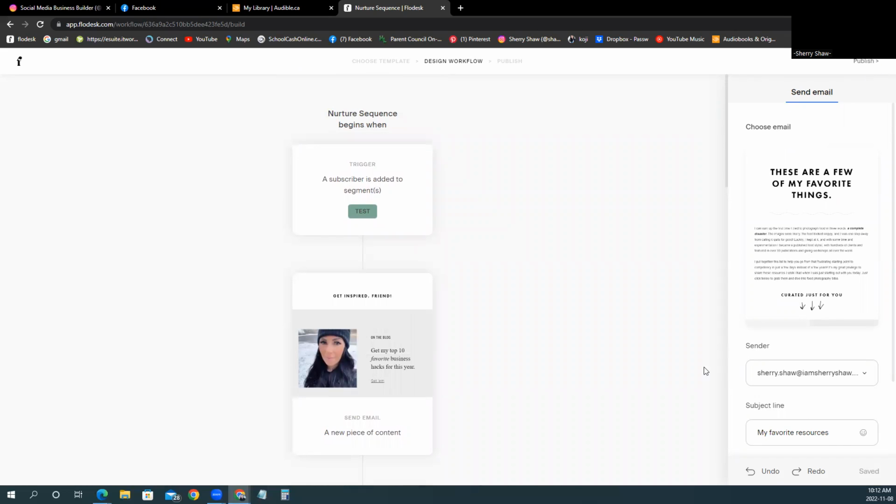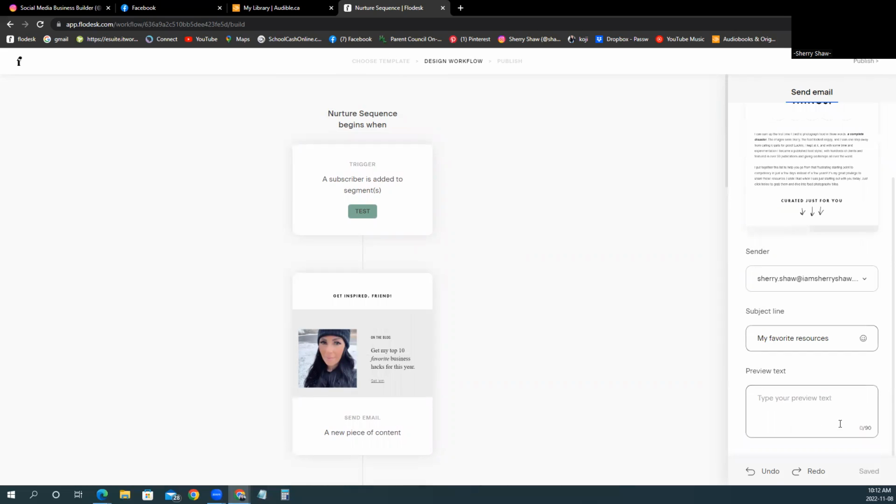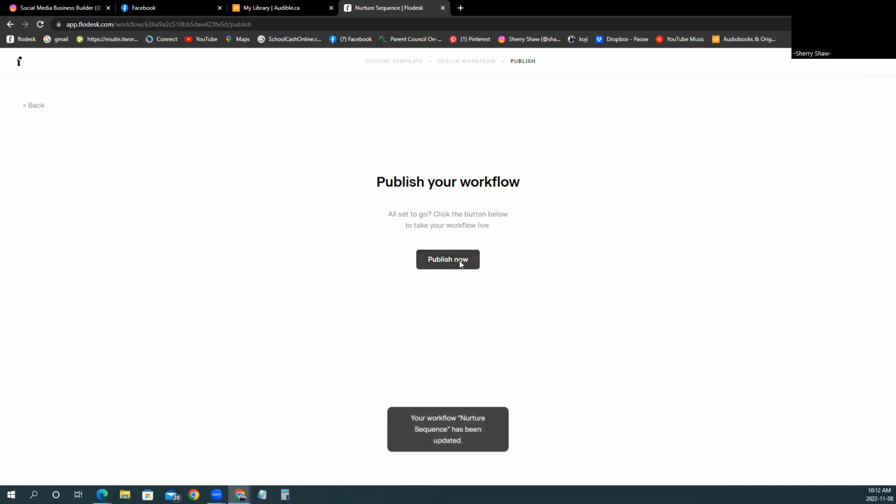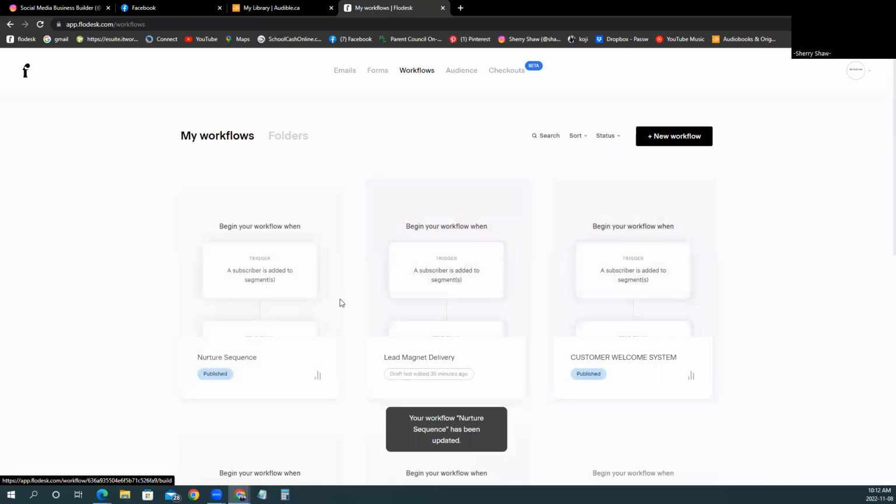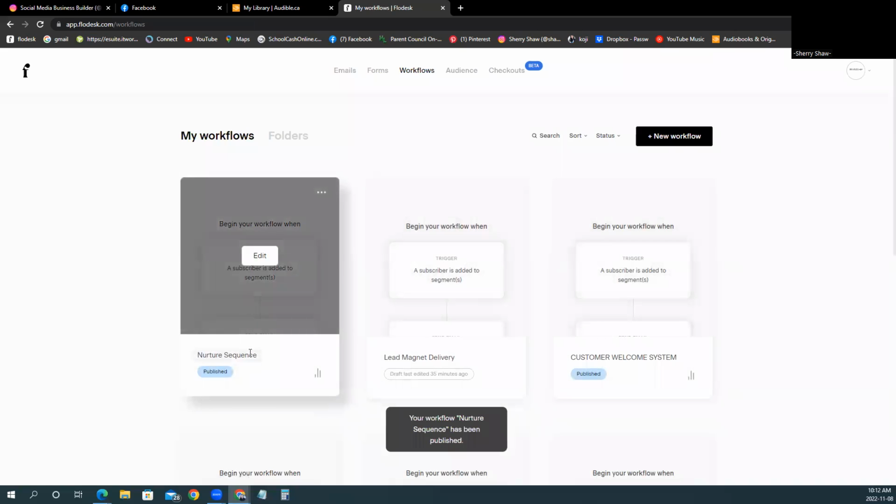So now we want to publish it. Oh, sorry. One more thing. Grab a catchy hook line for the subject line. Be like, hey, here's the information you requested, especially for your first email. And then you can put whatever you want them to know, go ahead and throw a little hook in there, and then we're going to publish it. Publish now.